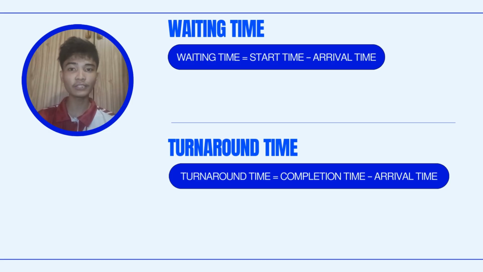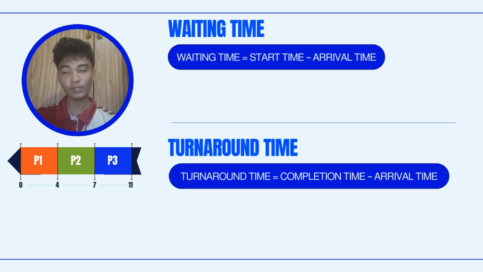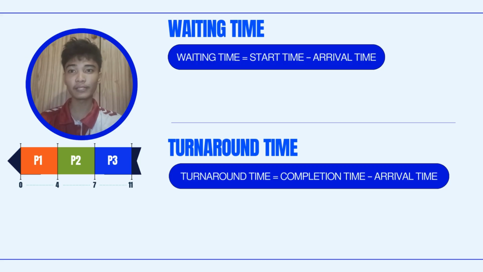So now that we have the Gantt chart, we can start calculating the performance values for each process. I'll display the Gantt chart below so we can use it as a guide while solving, because it shows the values that we need, like the start time, the completion time, and the arrival time. So the first value is the waiting time, and the formula is waiting time is equal to start time minus arrival time. This tells us how long a process spends waiting in the ready queue before it gets to the